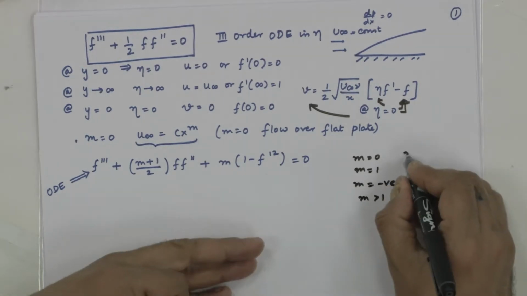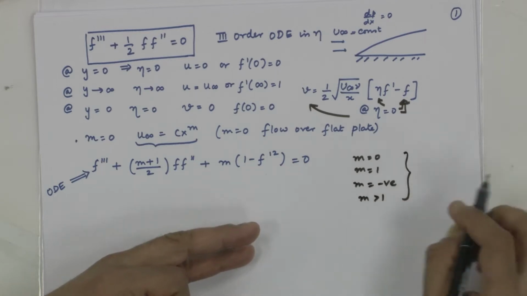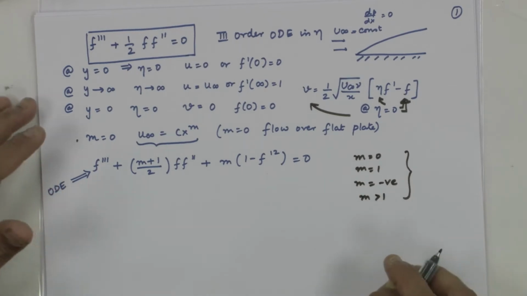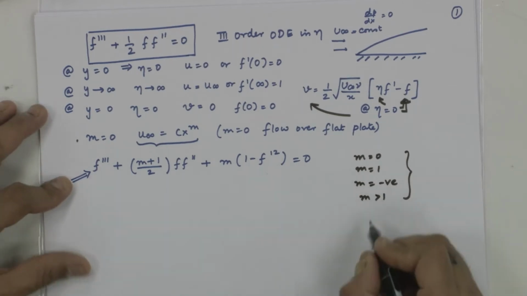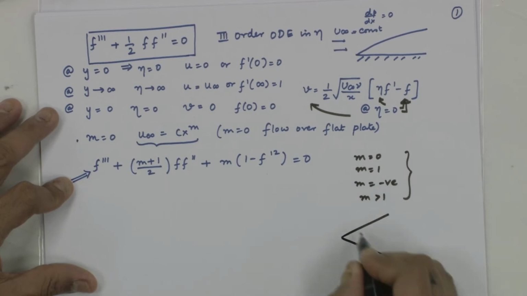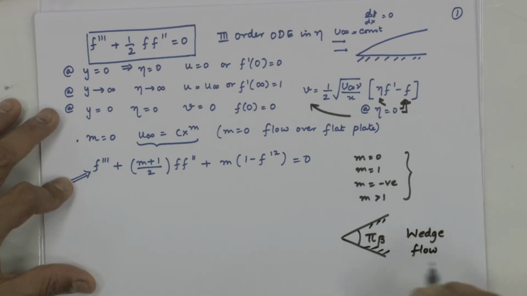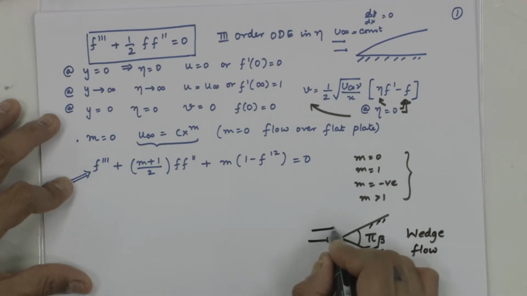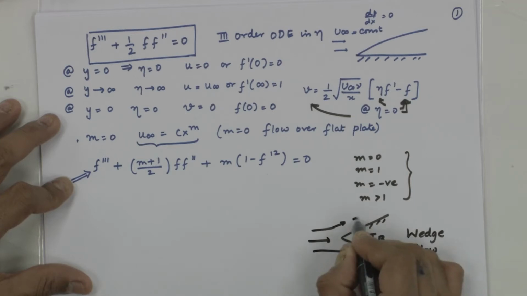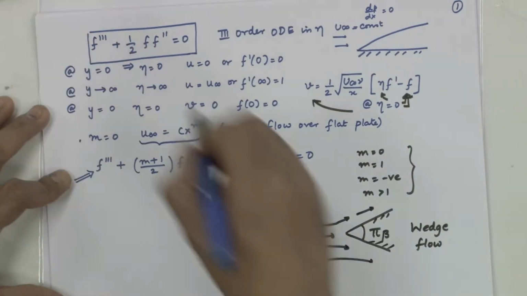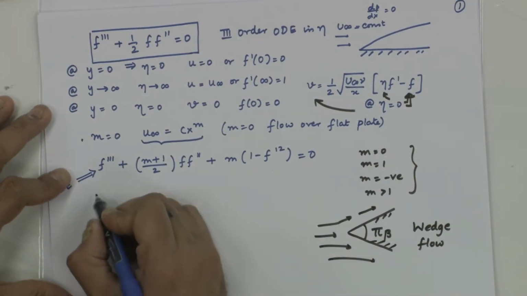So, these values of m being 0, m equal to 1, m negative, m greater than 1, all these represent flow situations where this is called a problem of wedge flow with the central angle pi beta. This is a wedge flow problem. Falkner-Skan solution is something that you would have seen. This is flow around a wedge, correct? With central angle pi beta,